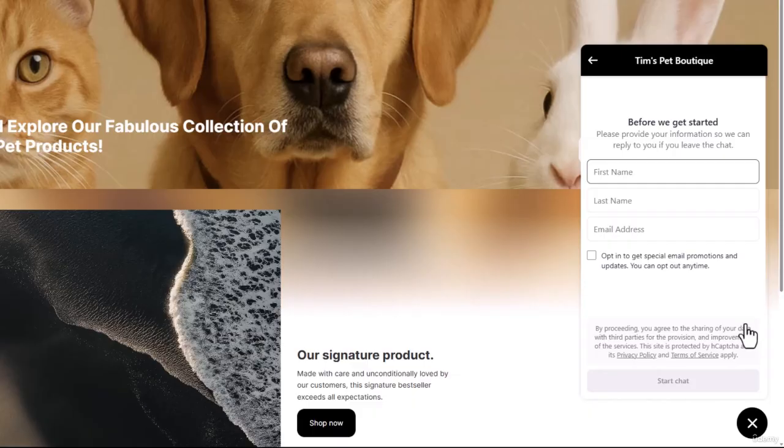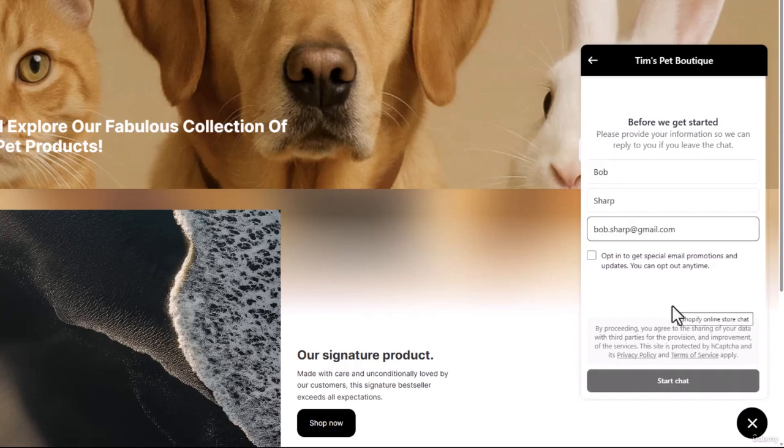And secondly, because I now have their email address, that, as you'll see later on in the course, forms a very important part of boosting your sales completely for free. Okay, so let me fill in this form with a fictitious name. As you can see, I put Bob Sharp, and I've also included the email